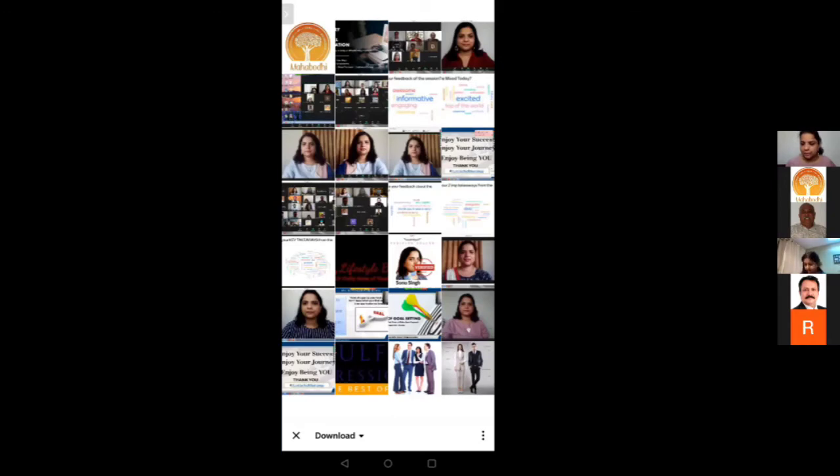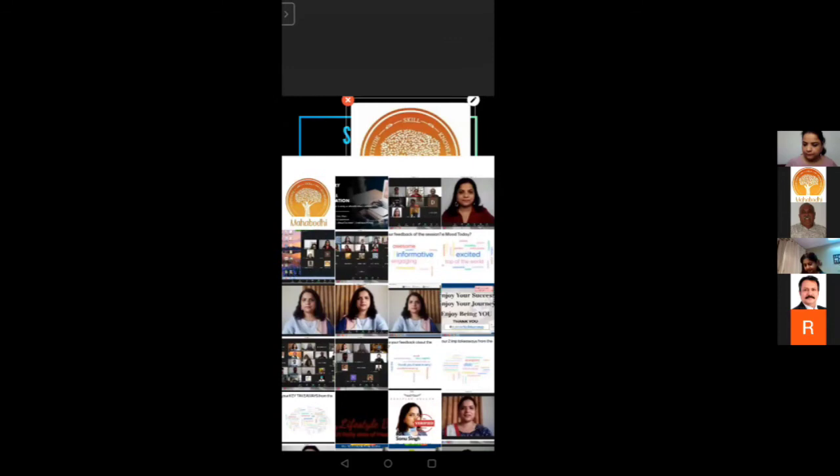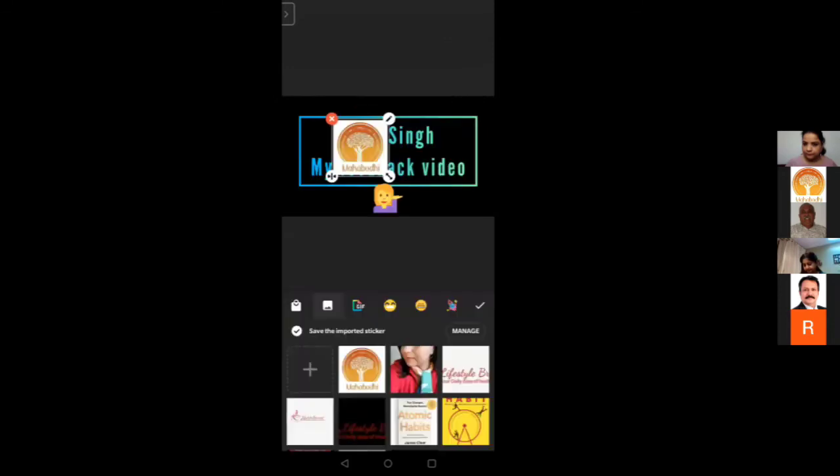That sticker will come up on your screen. Okay? That sticker will come up on your screen. So that is how you add logos. So this is my logo. So if you have a logo like this, like a PNG logo, you just click and the logo gets added. So now we have to tick or we have to go on manage, or what do we go to?